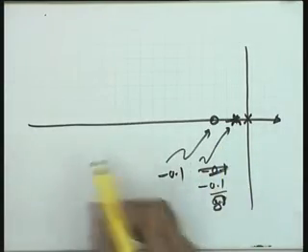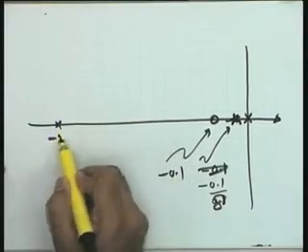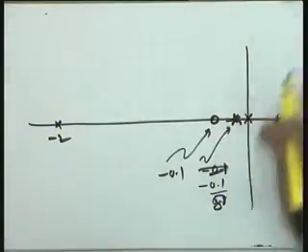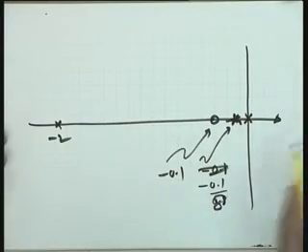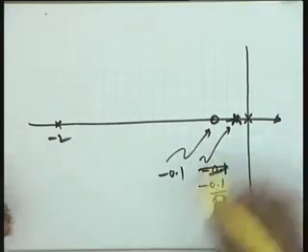Now in this particular case, the third pole turns out to be at minus 2. So let me just put it far away. This is not to scale, as I am telling you, so that the root locus plot in this region becomes clear. In this region, now please make the root locus plot. There will be a breakaway point here.